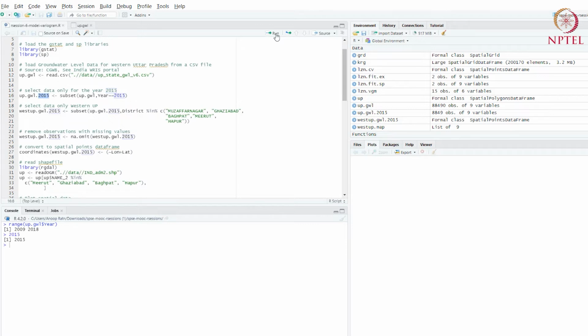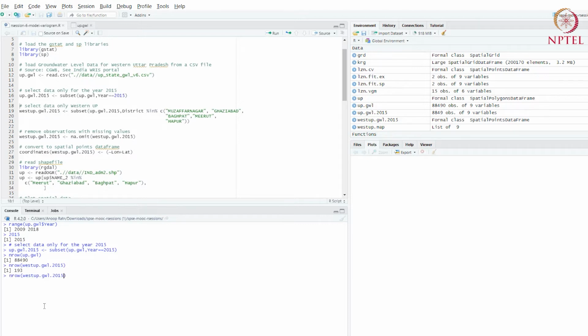So if we run this, we will get a new object. So we will select data only for the year 2015. If you see how many rows there were in the first, there was about 88,490 rows. But if you look at how many rows there are for the year 2015, it's only 193.